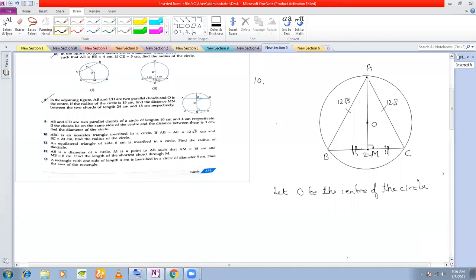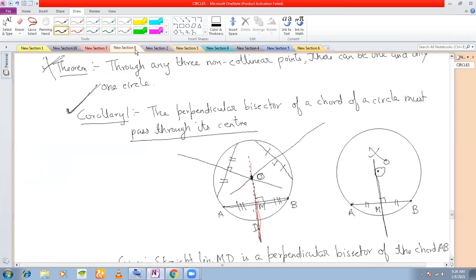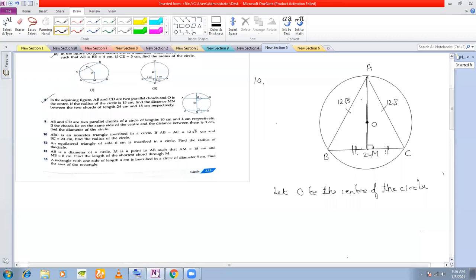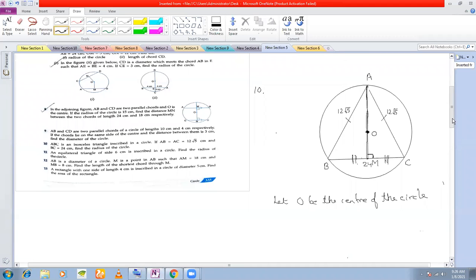Now once these two are equal, then what happened? This becomes the perpendicular bisector. AM becomes the perpendicular bisector, and according to this corollary, the perpendicular bisector of the chord of a circle must pass through the center of the circle. So therefore, this AM, being the perpendicular bisector, must pass through the center of the circle. Is the reason clear? Sonam,